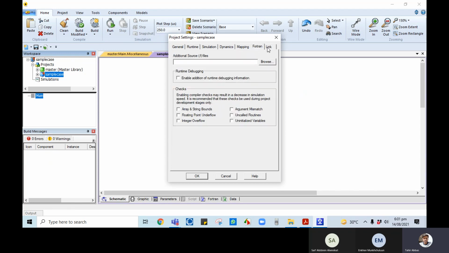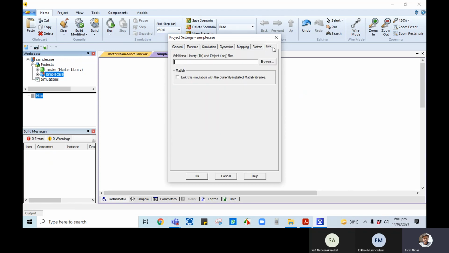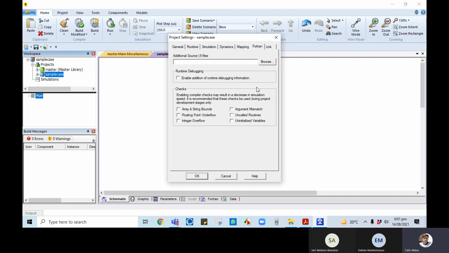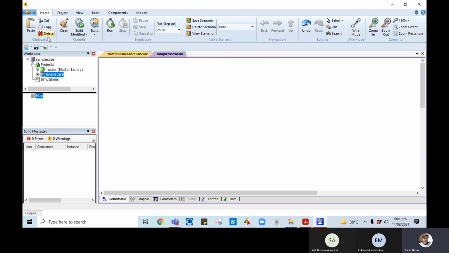And most importantly, if we are adding any Fortran file or library file, that object file, we can place it here and here. Because most of the time, if I want to show you some work regarding battery energy modeling, that involves libraries and user defined modeling done by the manufacturer. So if we simulate our manufacturer data, we must add these Fortran libraries and Fortran files. Once all this is done, then we can simulate. Otherwise it will show an error that the library is missing and the dynamic link library is missing.